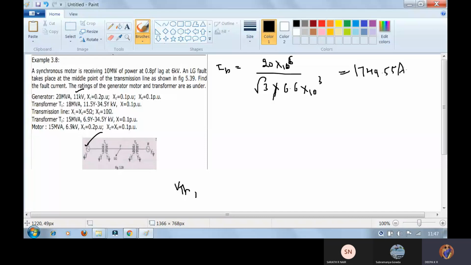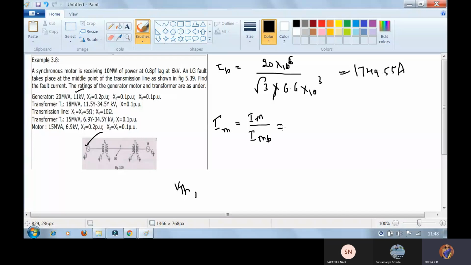Okay, so this is a base current in the motor. But when you want to solve these problems, this should be in per unit. So per unit, how can you calculate the motor current? First, you write the initial motor drawn current and the motor base current, with respect to the base value.